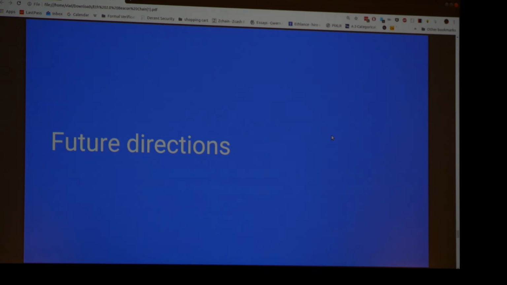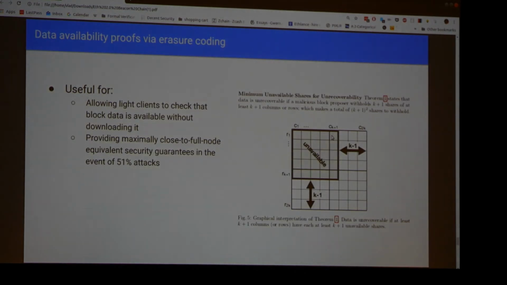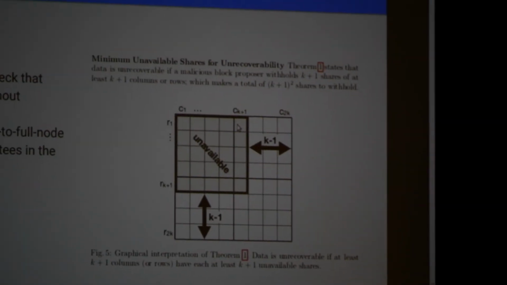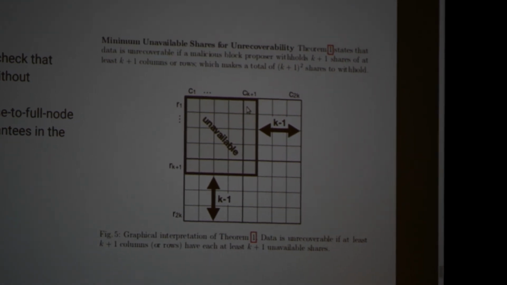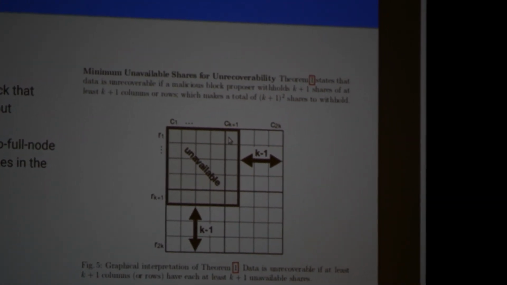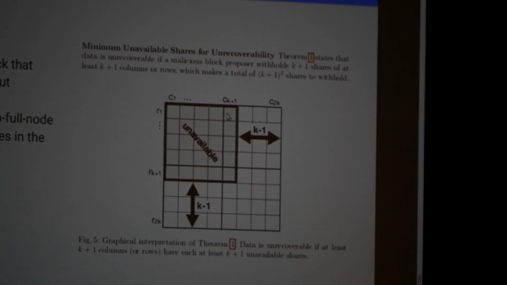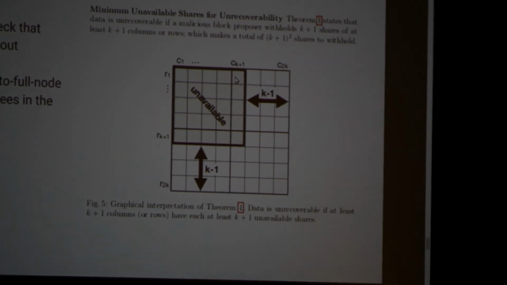There's also some future directions that we're looking at. So there's this work that Mustafa Al-Bassam and I did on data availability proofs via erasure coding. This is a technology that makes light clients potentially much more powerful. Basically the idea is that if instead of committing to a Merkle root of just regular data, you commit to a Merkle root of data that you erasure coded, in such a way that, say, any half of